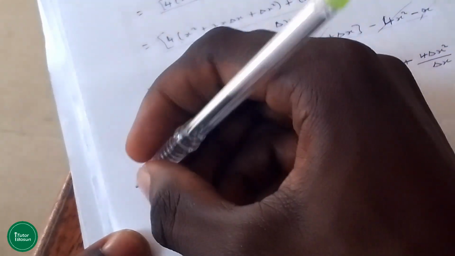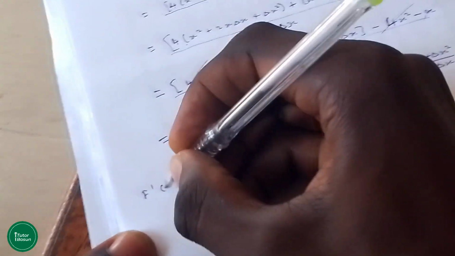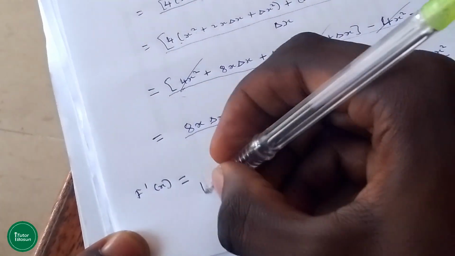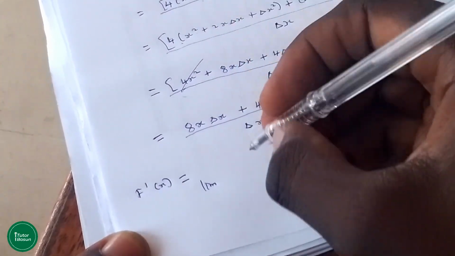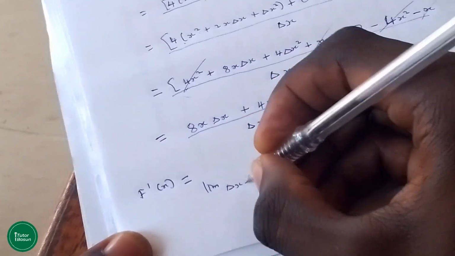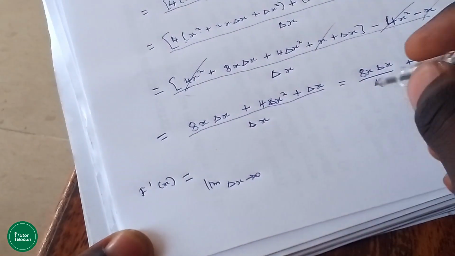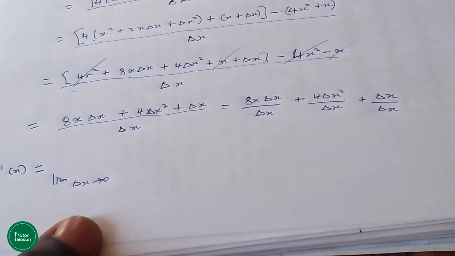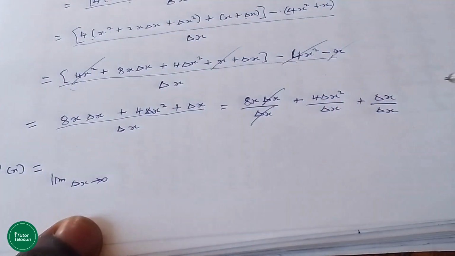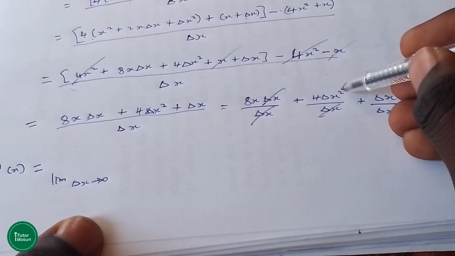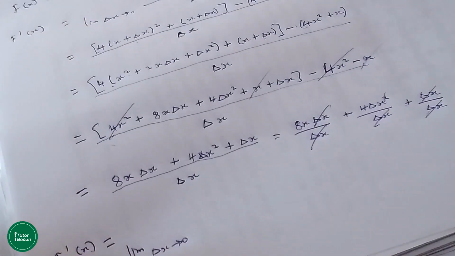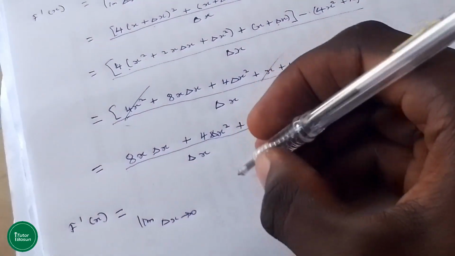So automatically f prime of x gives us the limit. Don't forget, we have to set the limit delta x to 0, and as you can see, delta x here cancels out delta x, and delta x here cancels out one of it. We are left with delta x, and this cancels out this to become 1, and automatically here we have